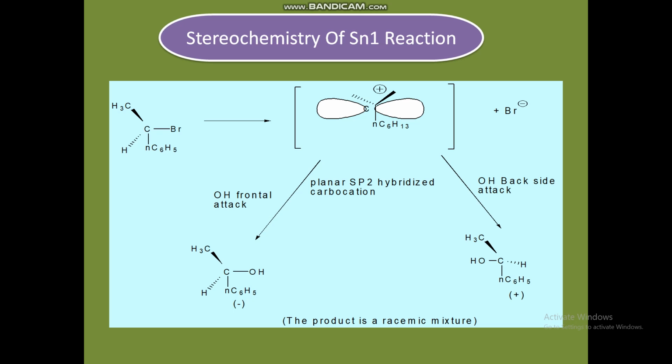This carbocation has a planar structure since the carbon is bonded to three other atoms using sp2 hybridized orbitals, which are directed towards the three corners of an equilateral triangle. You see in the diagram a vacant p orbital perpendicular to the plane also. So the nucleophile can attack this carbocation at either lobe of the vacant p orbital, which can result in the formation of the final product.